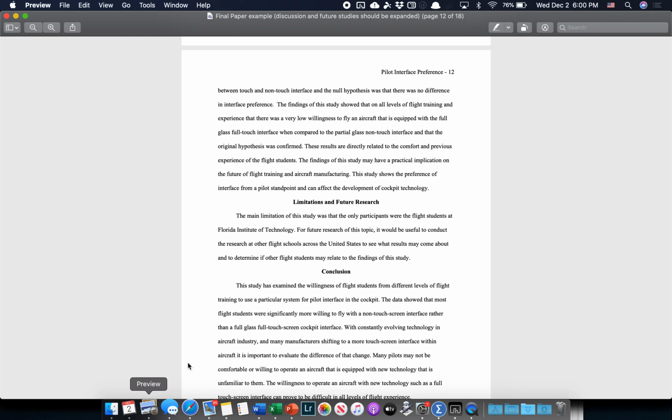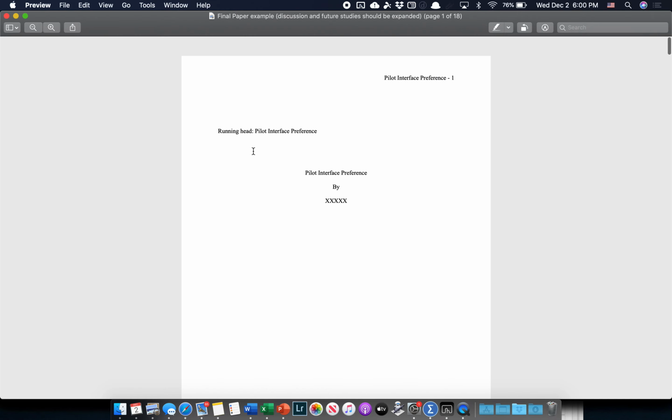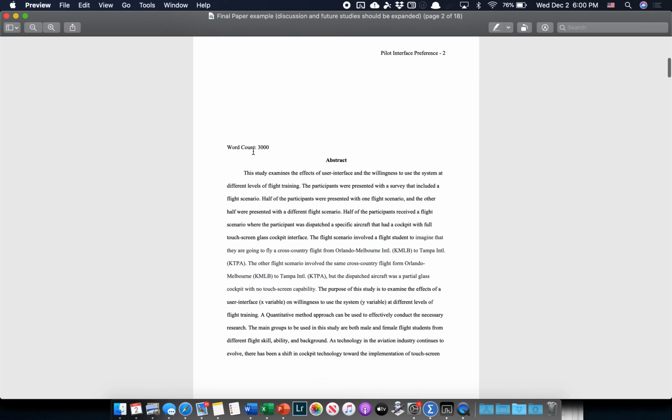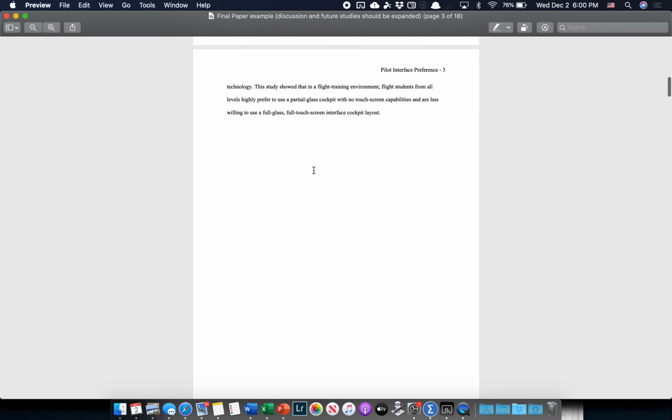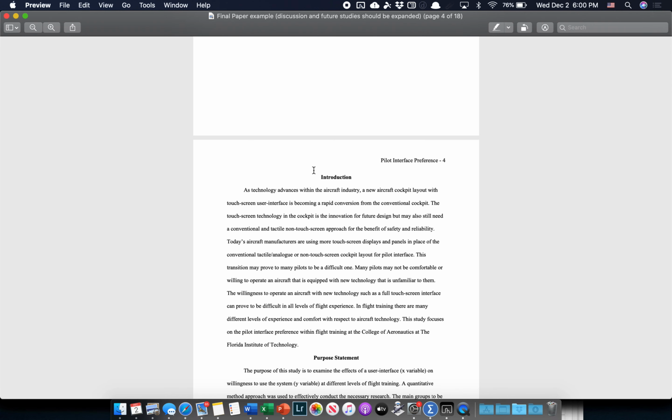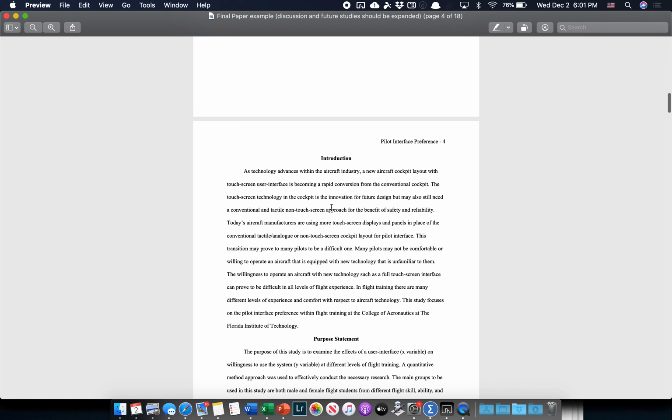And then you're going to make a final paper, and this is kind of what it's going to look like. You're going to have an abstract, and what I want you guys to do between the two of you is select who's going to write what and try to split it evenly. And if it doesn't seem like the other individual is really helping you out, I want the colors to reflect that. If you end up having to do the whole thing on your own, submit it on your own with one color. Make one individual write in blue, one individual have their font in red, and that way I can see who wrote what